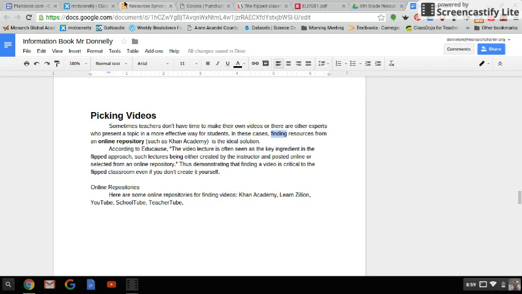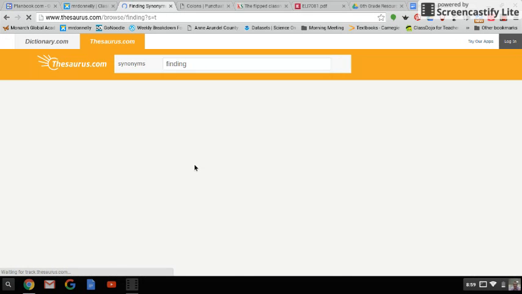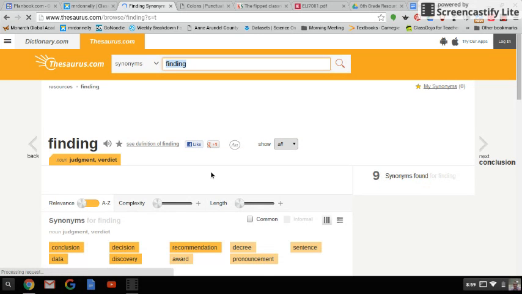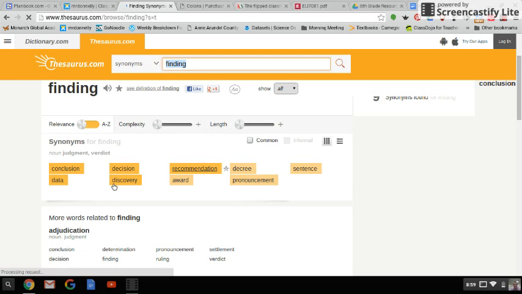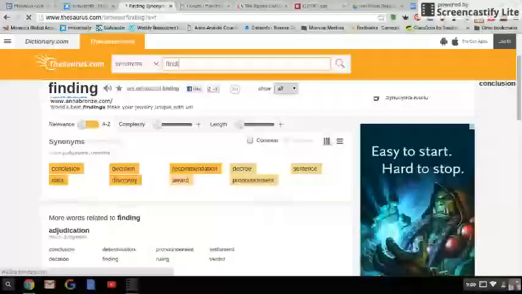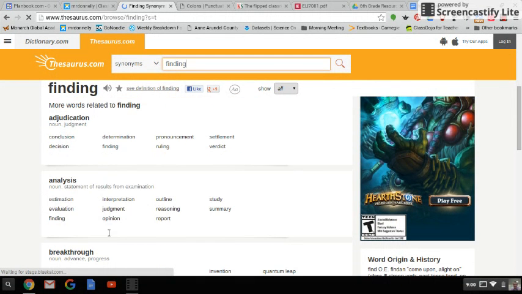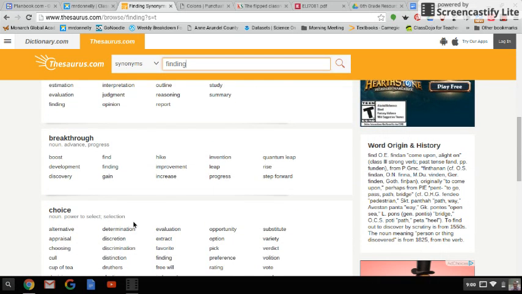I'm already thinking locating, finding. Let's see if I can find a synonym here. And again, you want to pick words that you're using a lot. If you use the word finding a lot, you want to do it. So finding: conclusion, data. I was thinking locating, but that's not in here. I guess it's using finding as a noun, not a verb. More words related to finding: analysis, estimation, judgment, breakthrough, boost, finding, choice,